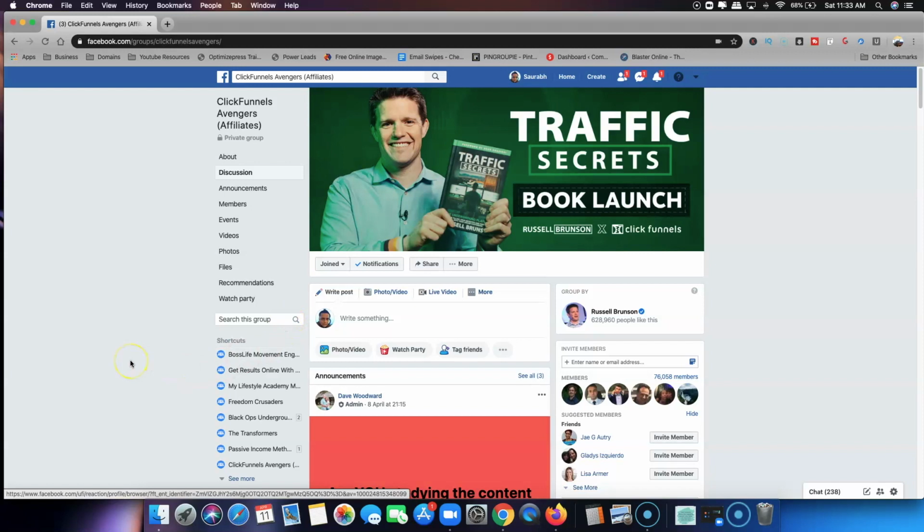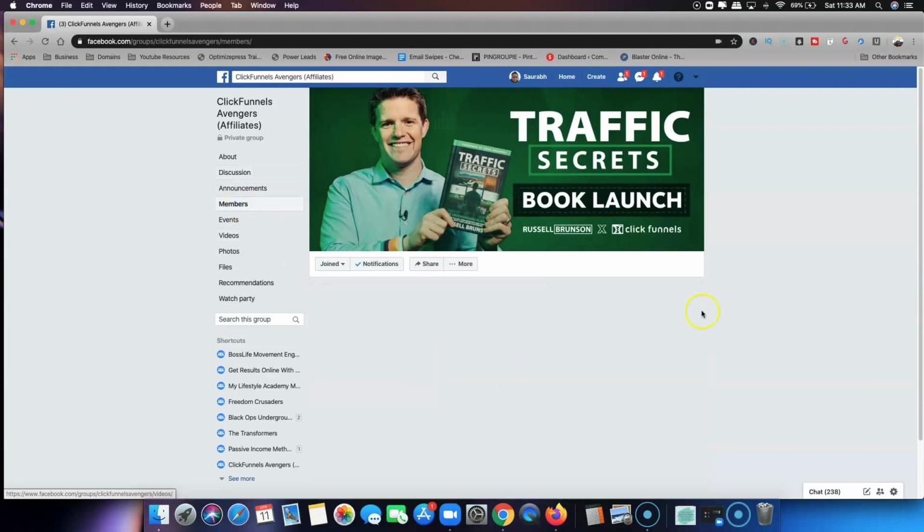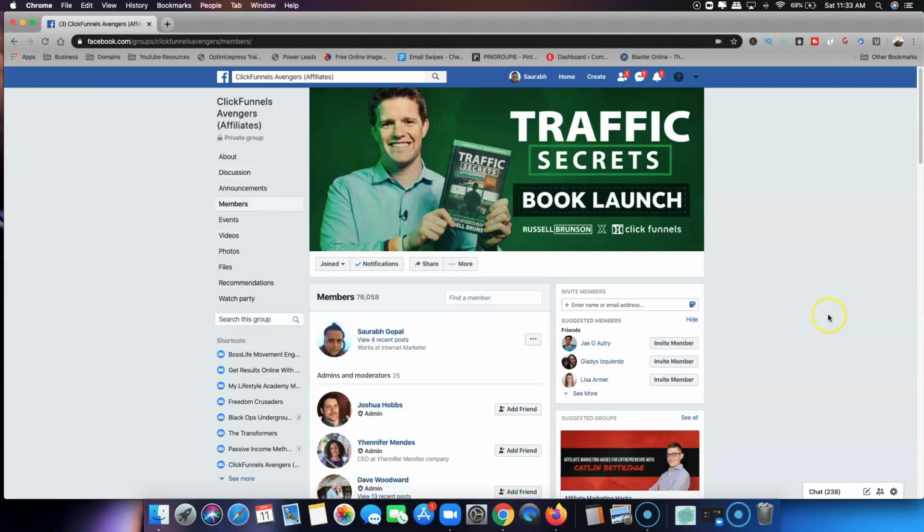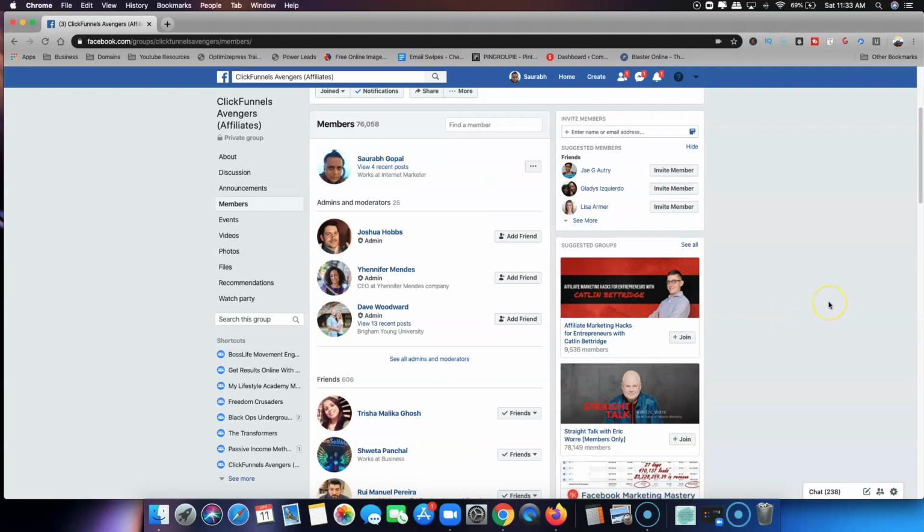Now I'll be telling you the automatic way to add friends from a Facebook group. It only works on a Facebook group. Then what you have to do, you need to go into the members section, and there is a Chrome extension which is called Group Adder.